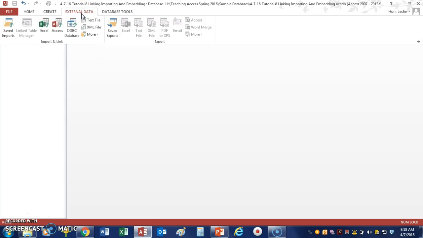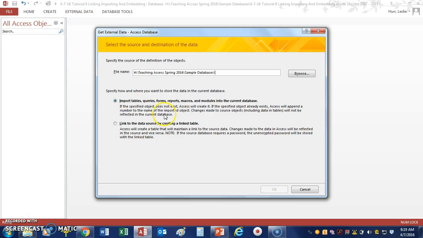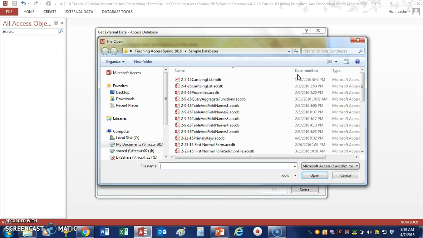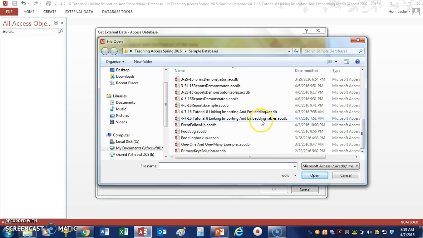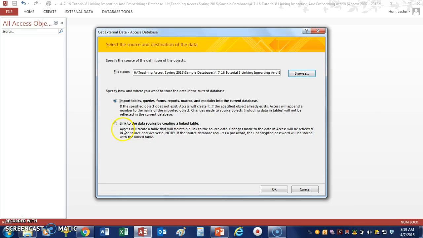So first I'm going to click on External Data, then I'm going to click on Access, then I'm going to go to where I want to reference that database that has the tables in it that I want, which is right here. And so I'm going to click on Open, and then I'm going to click on Link to the data source by creating a linked table. That's what I want. Then I'm going to say OK,